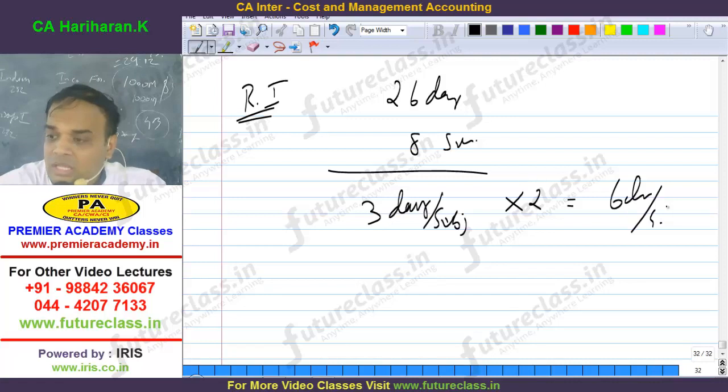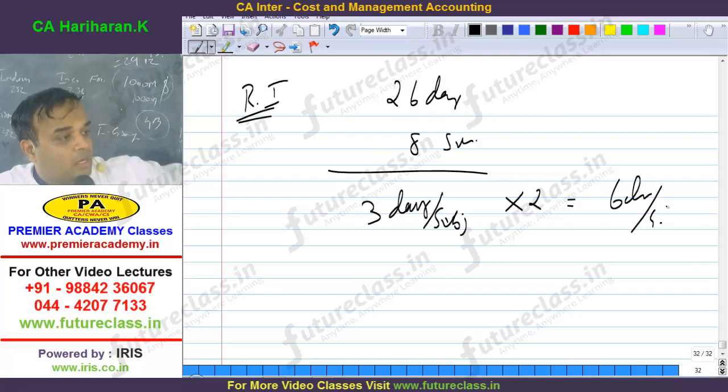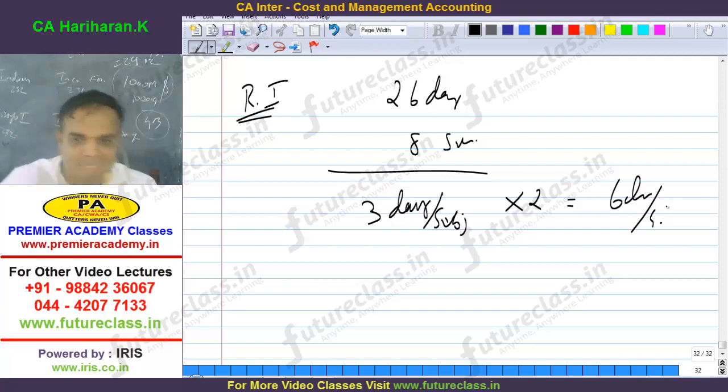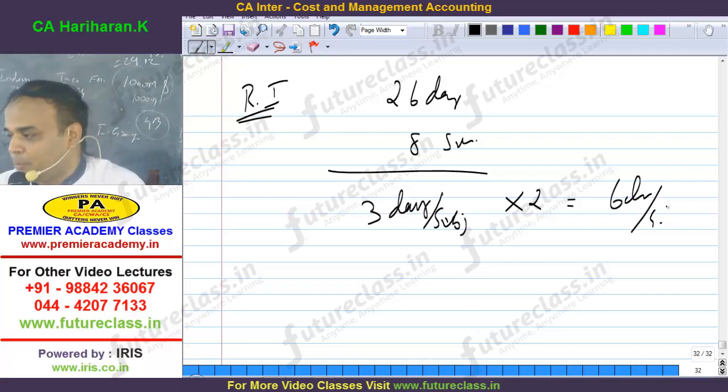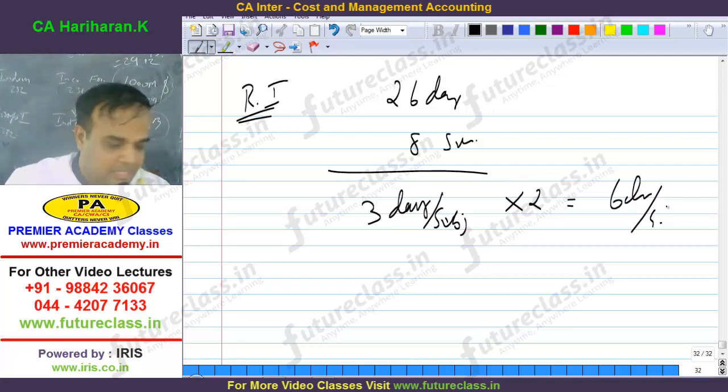Now, in the 2 subjects, don't go with both theoretical or both practical. Shuffle them, one theoretical and another practical. For example, costing with auditing, law, and tax, like that. One dry subject, one practical subject, so that you stay motivated to finish the portion. Otherwise you will get bored. This is the pattern of the preparation schedule. Now, per day, how many subjects do you have to complete?